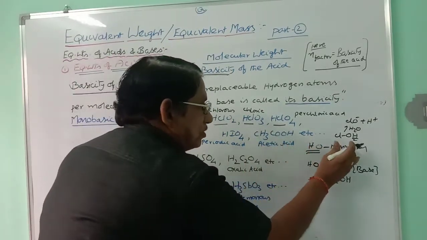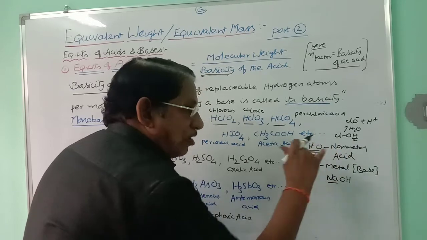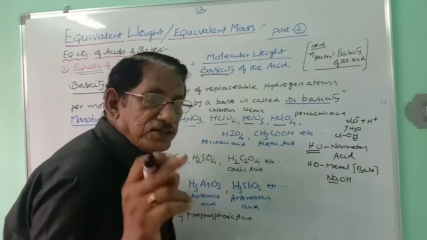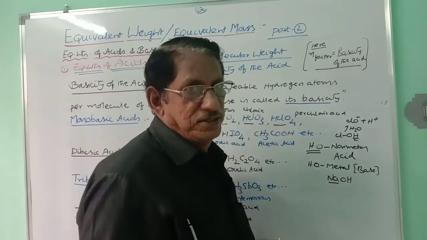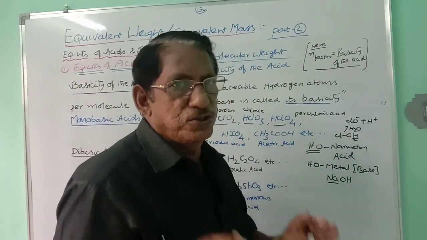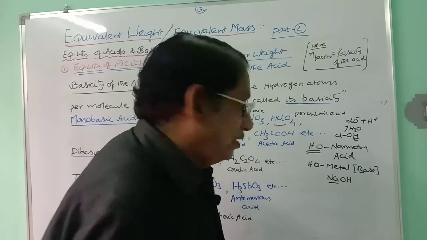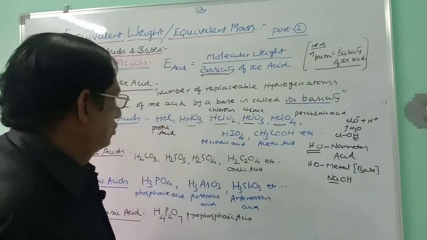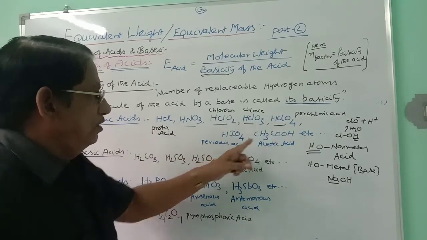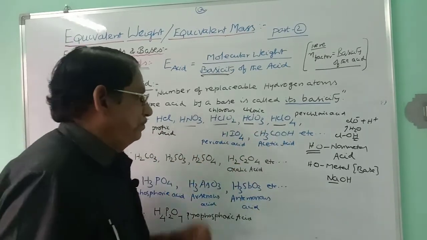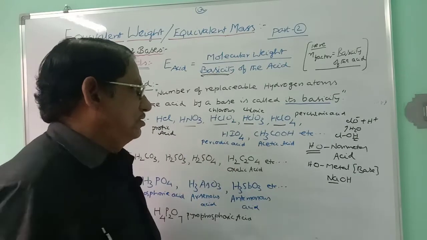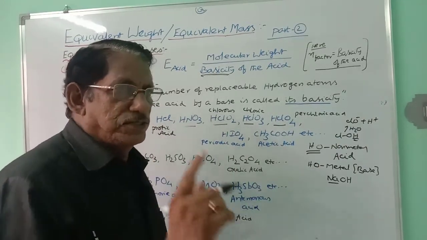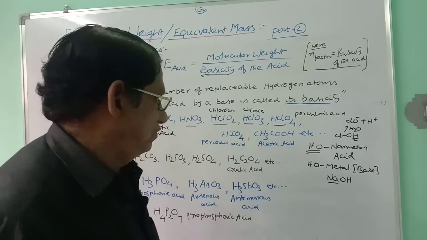And here, where the OH group is attached to nonmetal, that acid is called oxyacid because hydrogen is not directly attached to nonmetal. Hydrogen is attached to nonmetal through oxygen. Such acids are called oxoacids or oxyacids. And in this case, the proton is directly attached to nonmetal, it is a protic acid. So this is protic acid, all these are oxyacids. Later we will discuss the structures, of course. All these are monobasic acids. Only one replaceable hydrogen is there by a base.